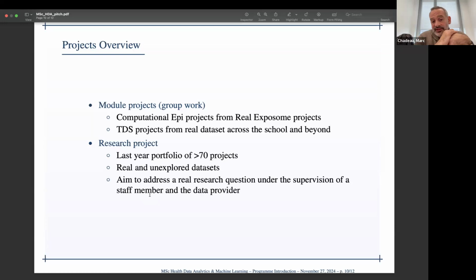And for the research projects, we have a very large portfolio of projects to offer. They come from the school, from Imperial in general, from other universities, and from industries as well. And because I know there's going to be a question on this, those research projects could also be student-led. So if you have a subject you're particularly interested in, you can tell us this. We will make sure that you will work in the field.